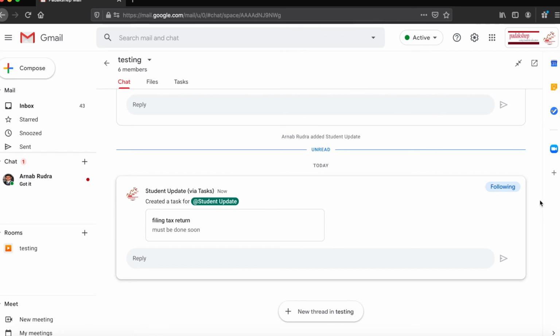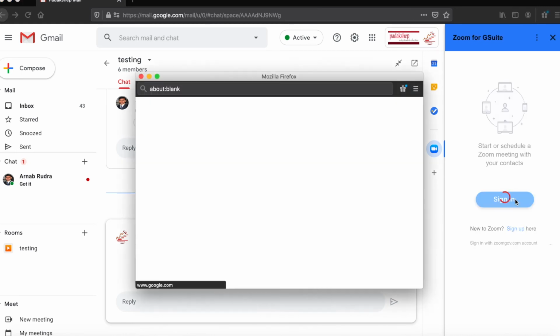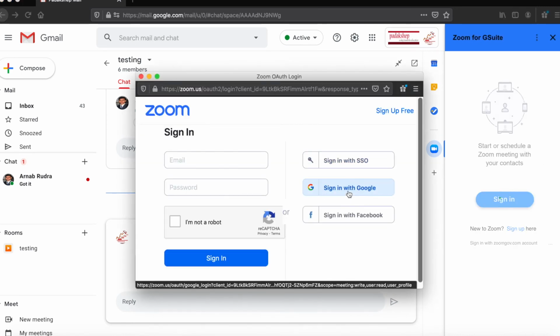Now there is one other thing that we can do. We already know how to use Google Meet, but we can also use Zoom. And on your right you can see Zoom for G Suite. This has been added by the admin, so you can quickly use Zoom as well if you need to. So all you have to do, click on that, sign in with Google,